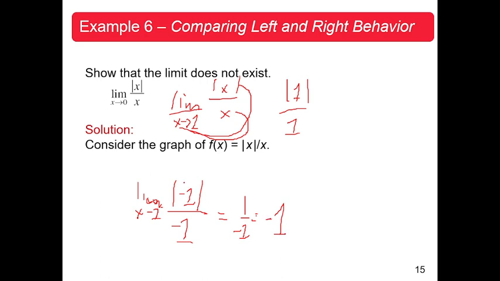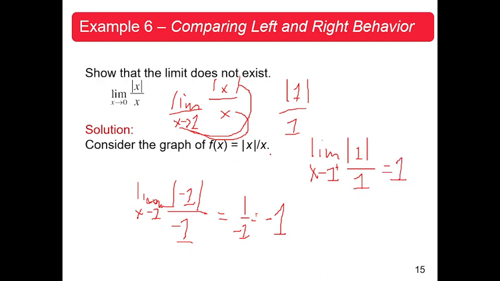While on the positive side, the limitation of this certain function as x approaches positive 1, if we have positive 1 all over positive 1 as well, the answer